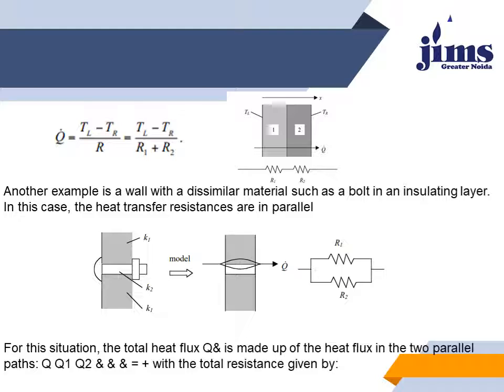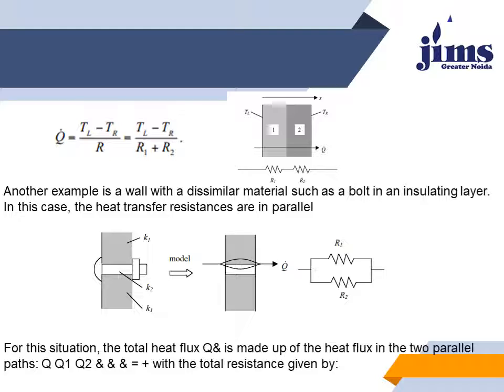In this figure, we see a two-plane wall having thermal conductivities K1 and K2. The first wall is represented by 1 and the second wall by 2, and the net rate of heat transfer, Q dot, is constant throughout the wall. We can say the rate of heat transfer through wall 1 should be equal to the rate through wall 2. So the net rate of heat transfer, Q dot, is equal to final temperature minus initial temperature divided by the total resistance. In this case, this is a series connection.